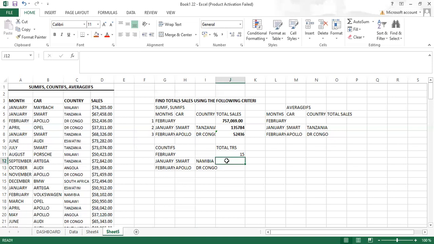So here we do count because there are three criteria as well. So Countifs is the only one that will apply here. Okay, that's what we're going to use. So let's type the formula now. So equal sign